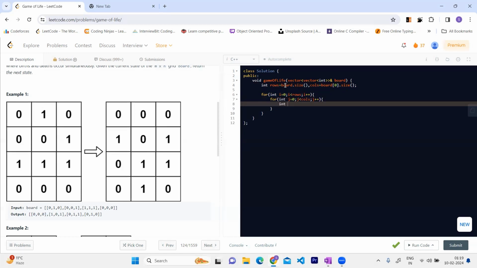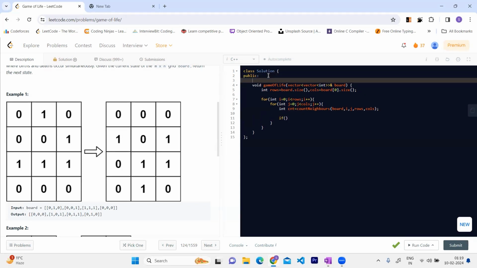Right? So this will help in calculating the number of neighbors, count neighbors. Right? So now after calculating the number of neighbors, what we need to do, so this will return